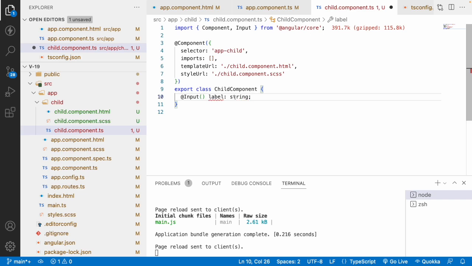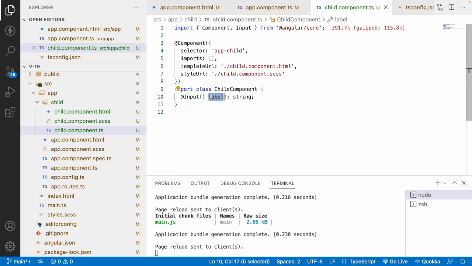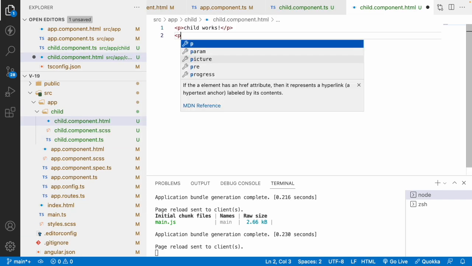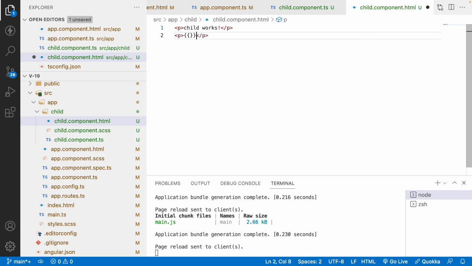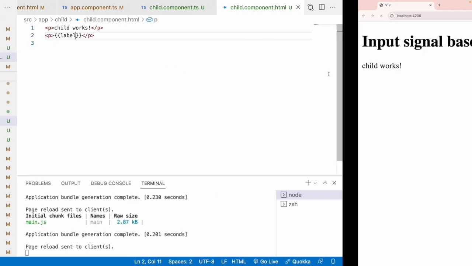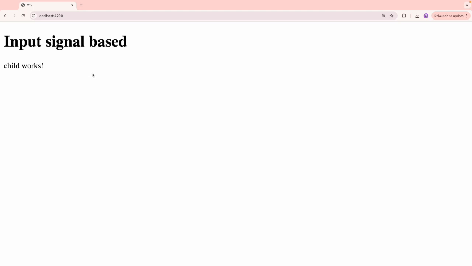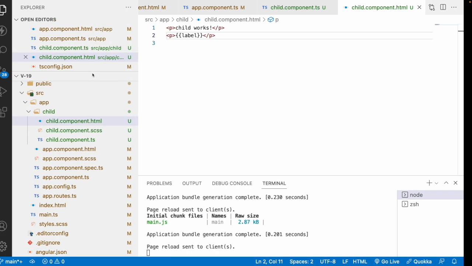I don't have any default value, hence I can use not, because I'm not initializing any value for this. So let me copy this label and let me go into HTML. Let me show here as paragraph and label and save this. Now go here, the label is empty because we are not passing any data and it is not having any